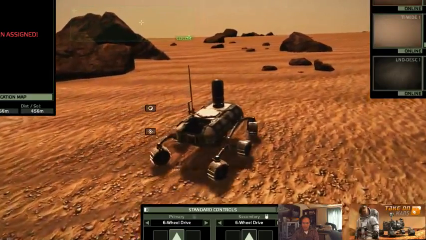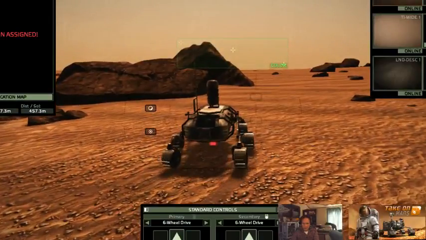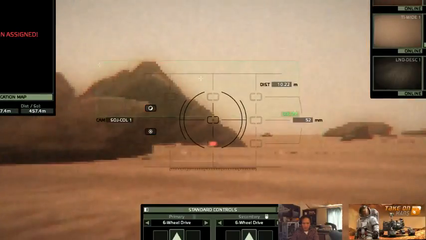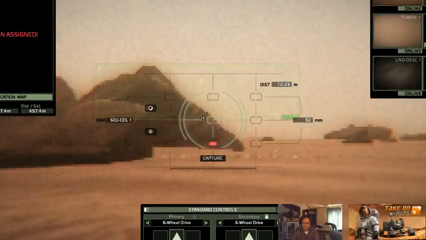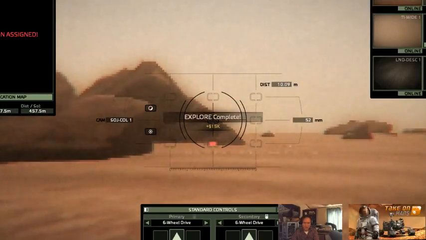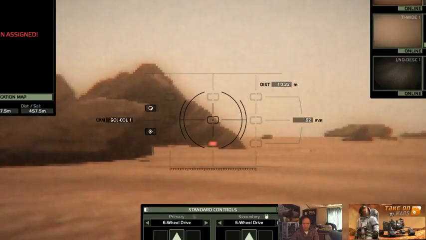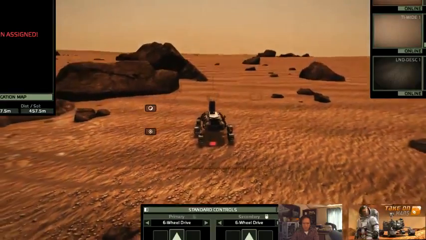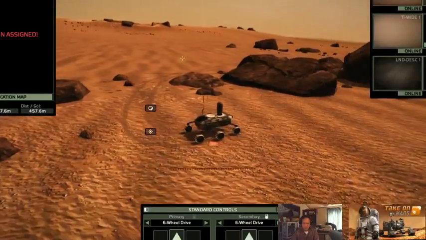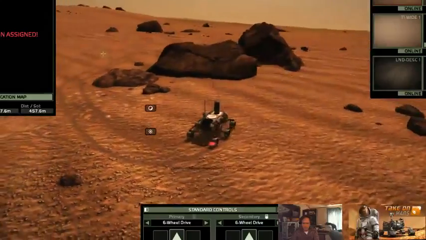There we go, we're on a nice little hill here. There's our photo op right there. Oh yeah. No, it says there's no mission assigned. Whether or not we're making extra money or not, I don't know. Oh, there's a little green spot right there. Now I wonder...